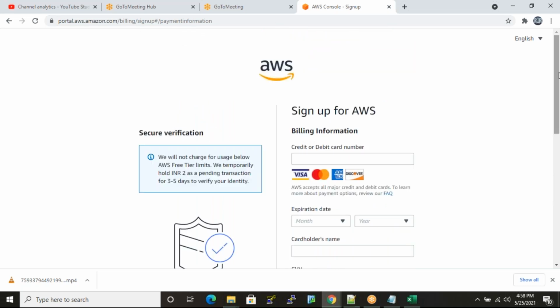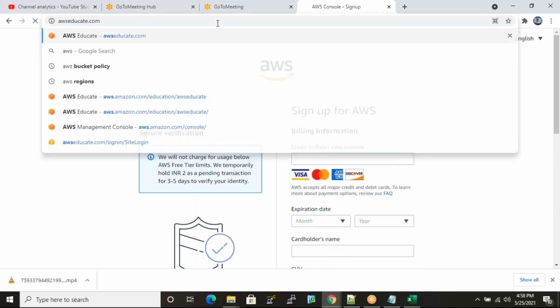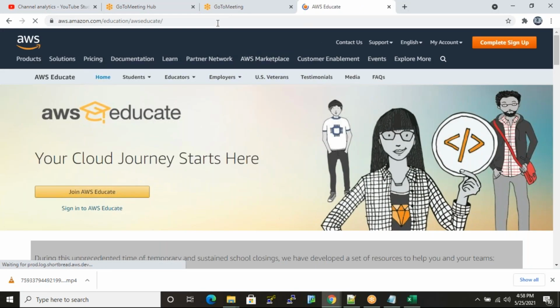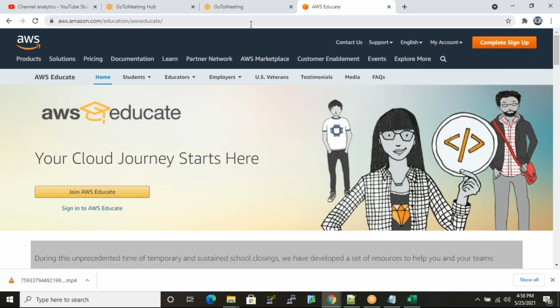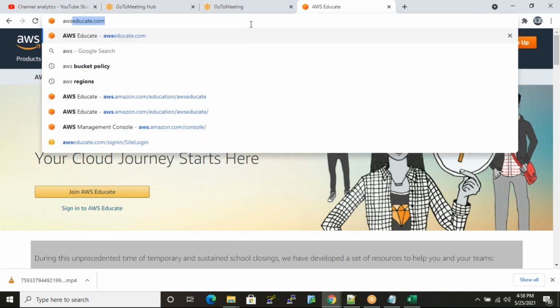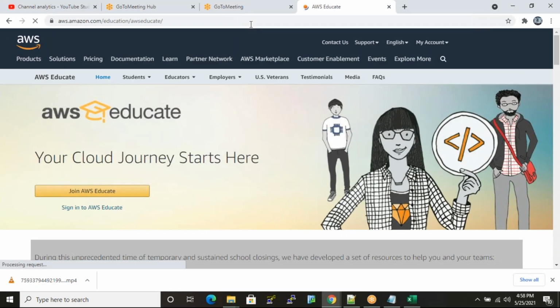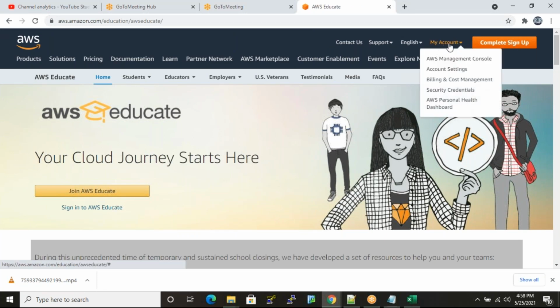Once everything is done, you will get approval from the AWS educator side. Once you get approval, how do you log in to that account again? Browse awseducate.com in your browser, and then click on AWS Management Console. That is in the right top corner. Now you can choose AWS Management Console.